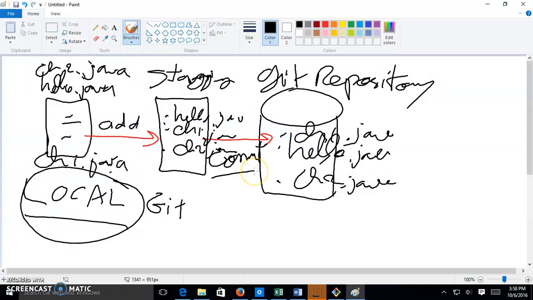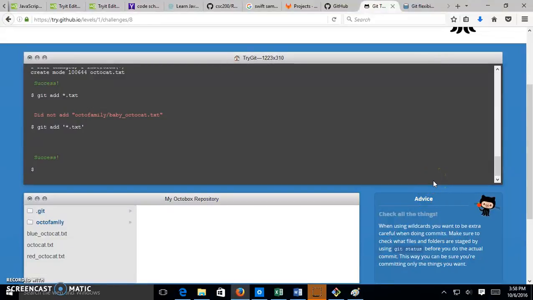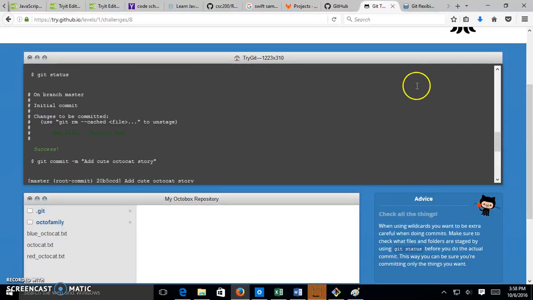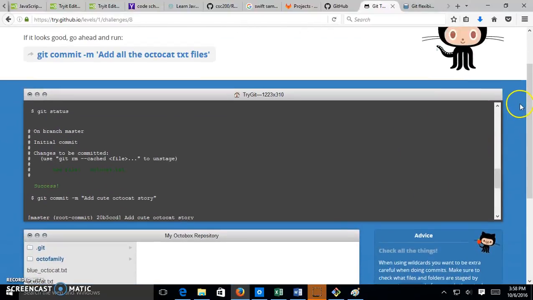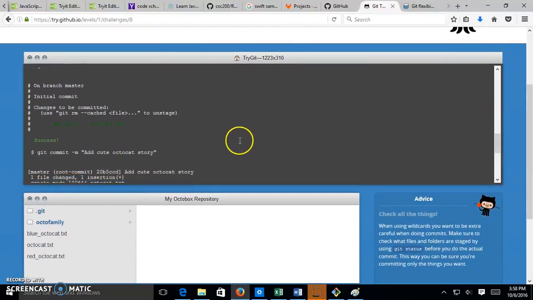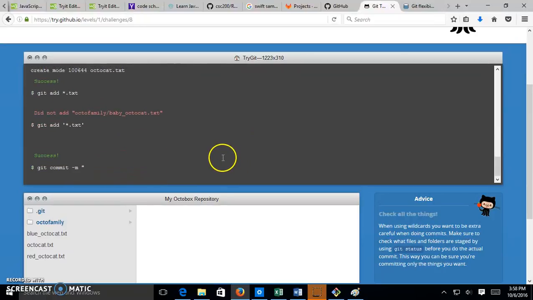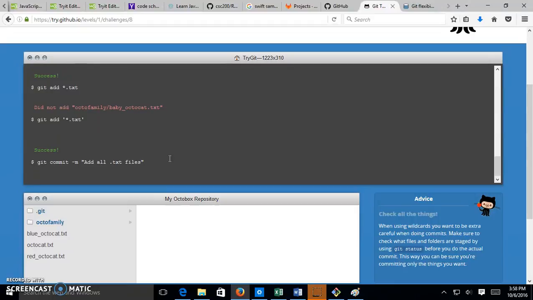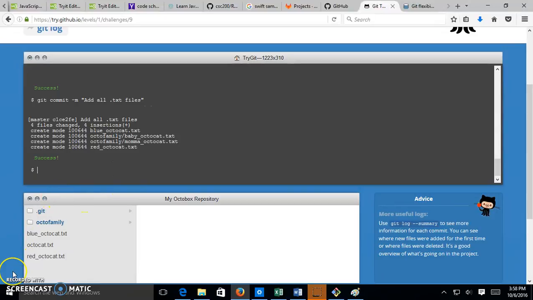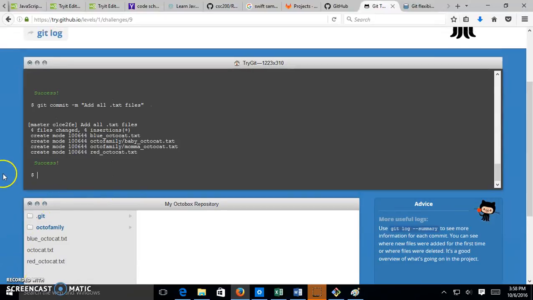We said we need the commit command, right? Because add only does staging. So we need to do a git commit, and then you put a new message with -m, right? And then you add the message that you want. In this case, it's just to say add all the text files, okay? So we can say add all .txt files. Alright, so success. So we will come back and look at the